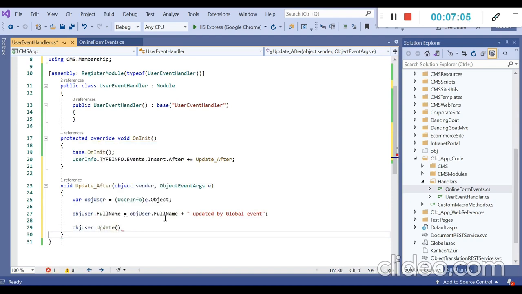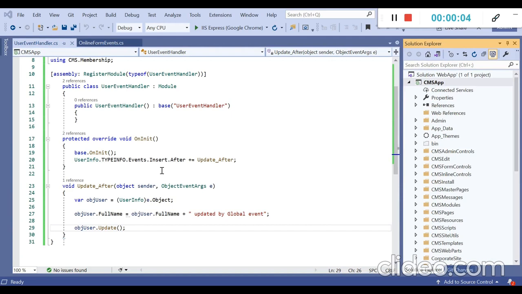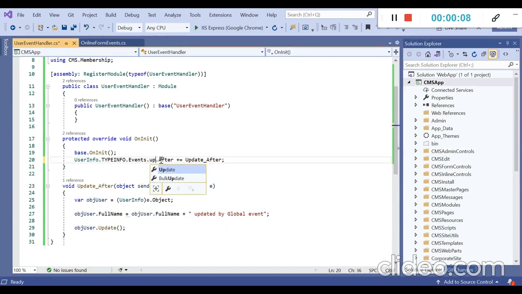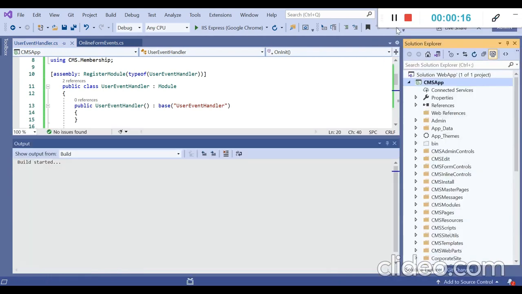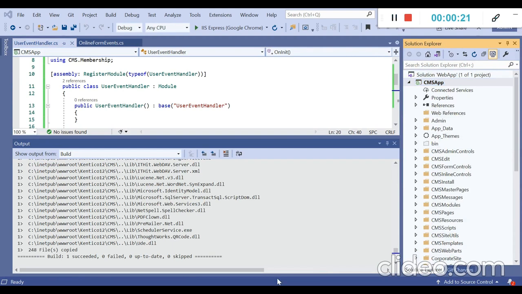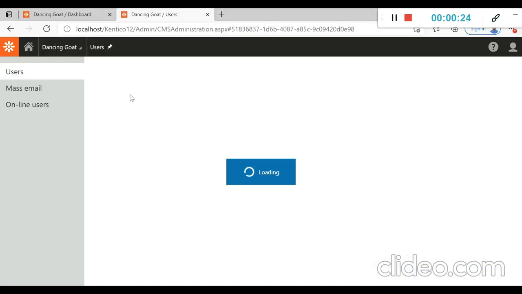With the help of this method, we can update that object. The event is completed, and this has to be Update because we are working on an update. Let's save this and build the solution. Our build has succeeded, and I have also refreshed the admin portal.